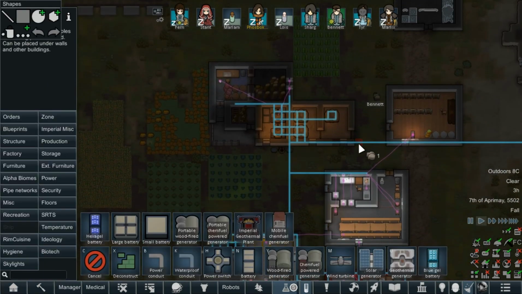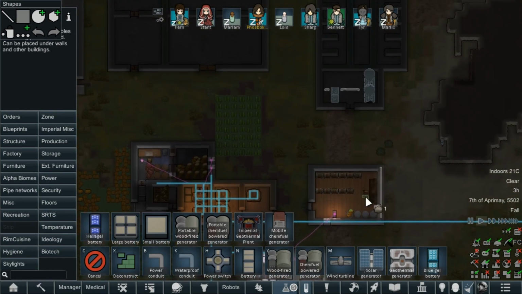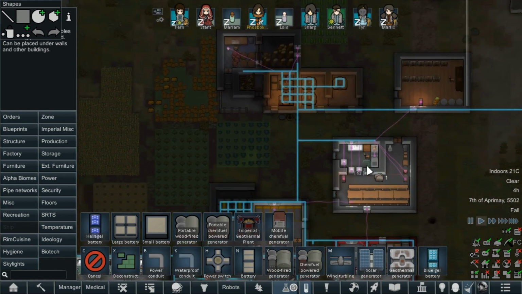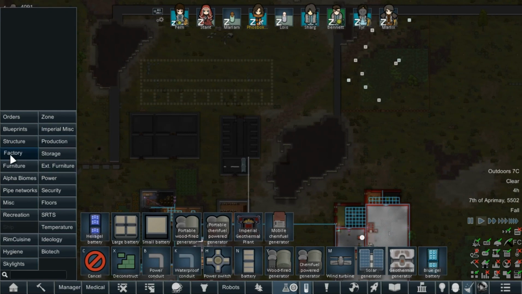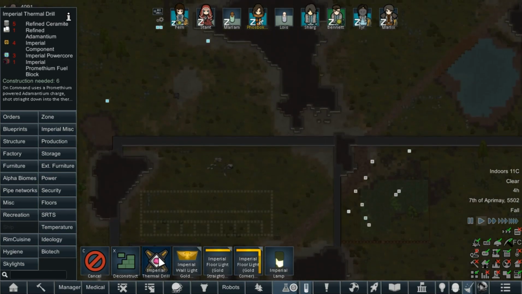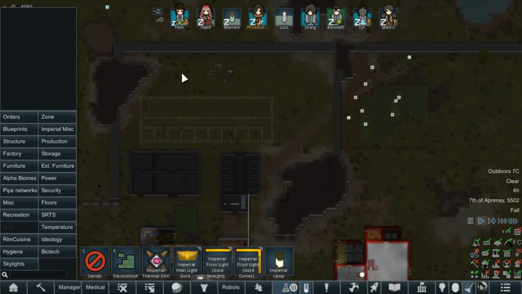But for now, we're going to do stuff like running power from here. What my plan basically is once I get the ability to make the... Where is it? There's a particular thing. Here, Imperial Thermal Detonators. Once we get Thermal Drill, once we get these, it takes a little bit of time to do, if memory serves. But once we get these, we can put a thermal vent back here, have this area basically powering itself, have